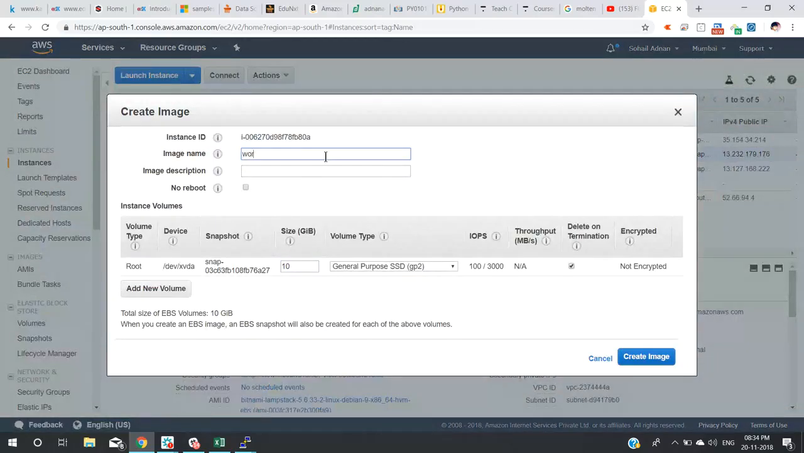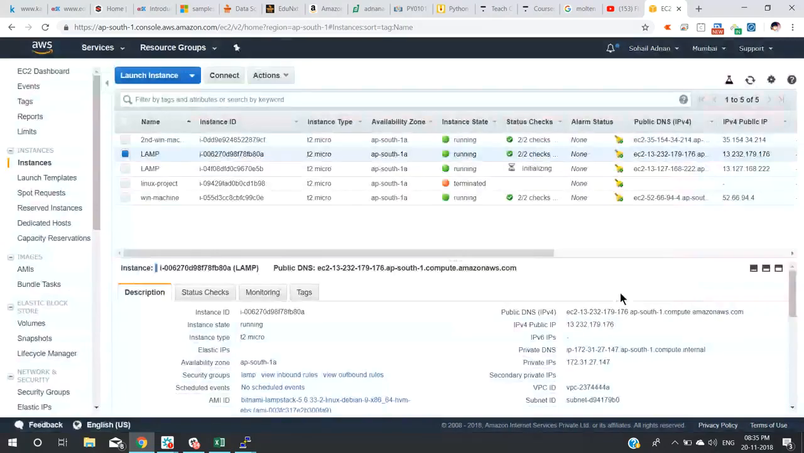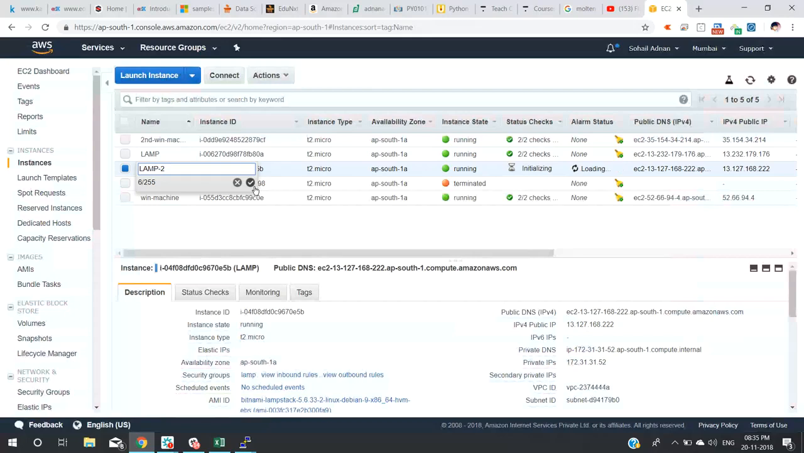And you can say WordPress project, and probably can put today's date here. That will be 20-11-, right? And then you can tick this no reboot required and then click on create image. So that's it. So what this will do right now is, whatever the changes that I have done, just to avoid confusion, I'm going to label it as 2 here,